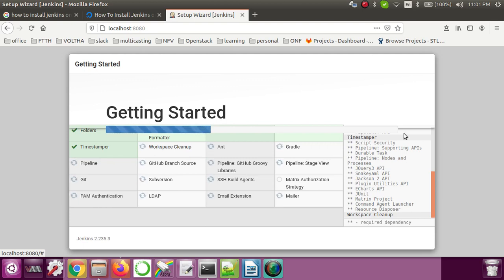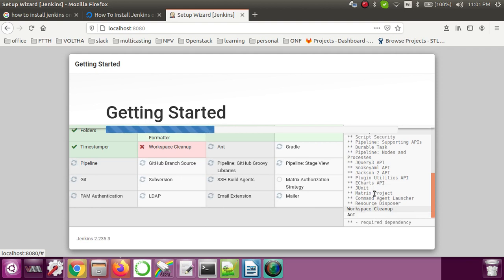If you see the right hand side, a lot of plugins are getting installed, like Jackson, ECharts, JUnit, Command Agent Launcher, Resource Disposer. Okay, so here, if you see, Workspace Cleanup was not installed properly.